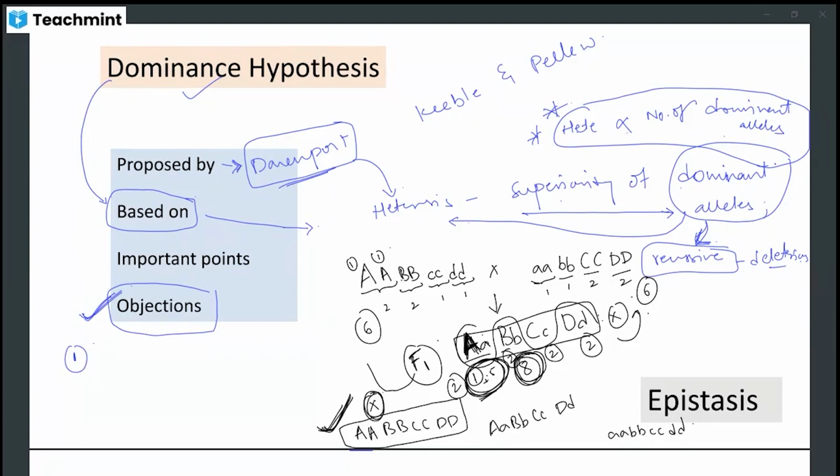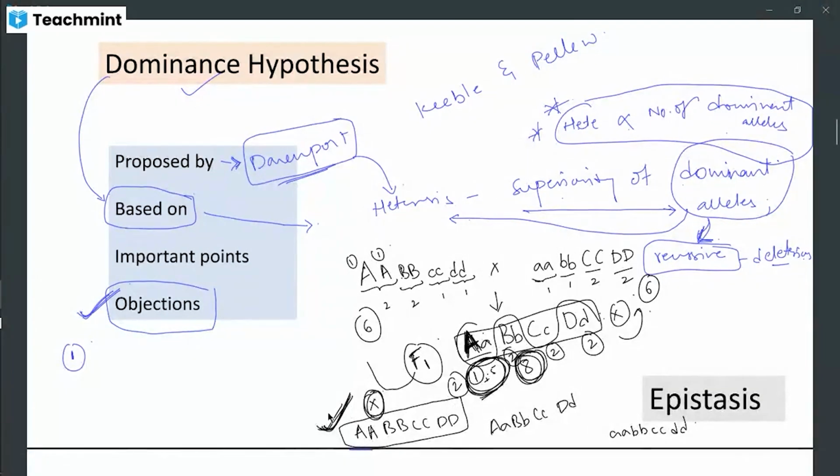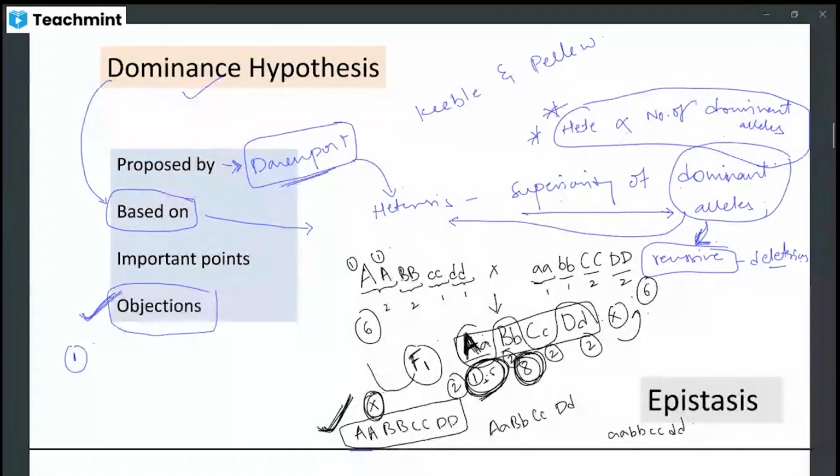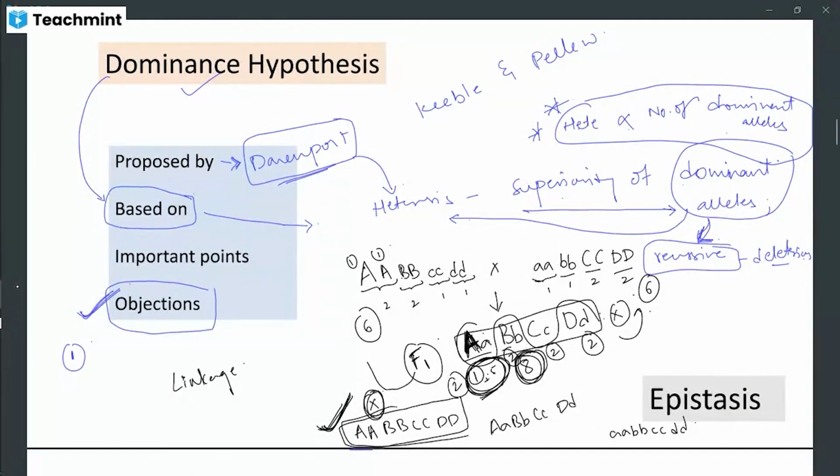See, the true heterotic individual, with all the dominant genes, was not able to be recorded in your F2, right? So the main reason for this is linkage, right? Someone said this was an objection. And Jones was a scientist who said the reason for this not being seen in F2 is linkage, and he proposed the dominance of linked gene hypothesis, which means it is not possible for all the dominant genes